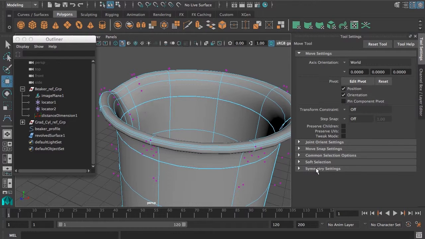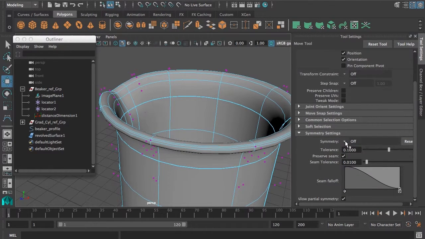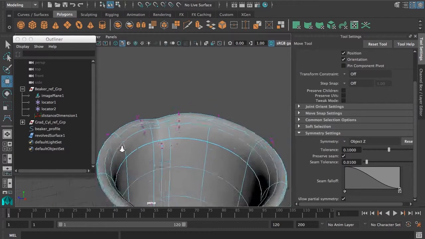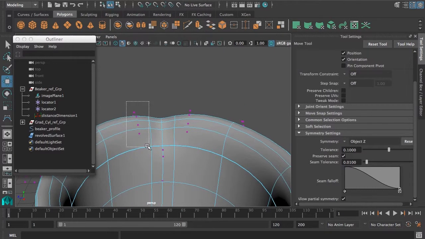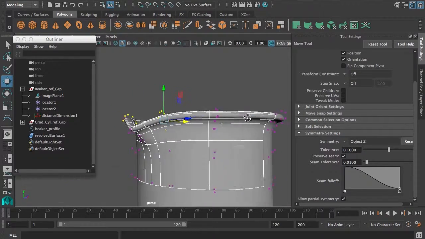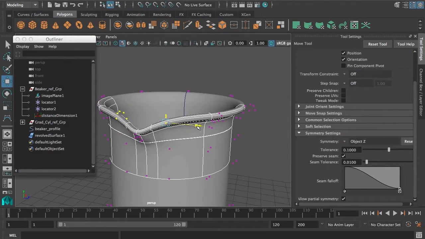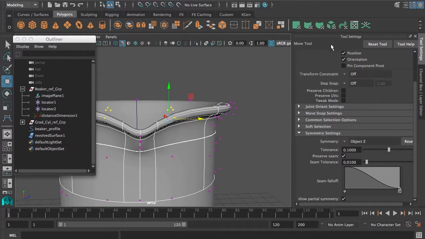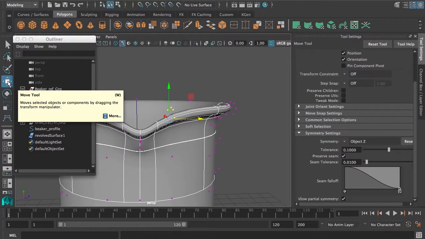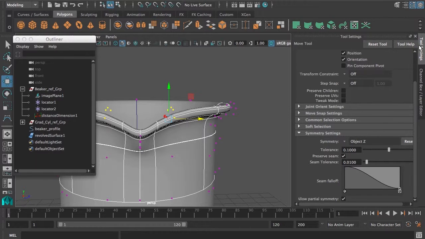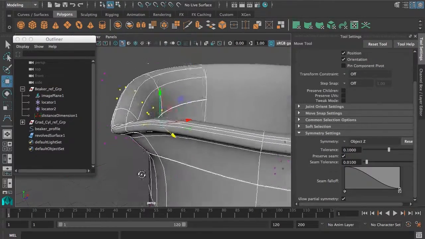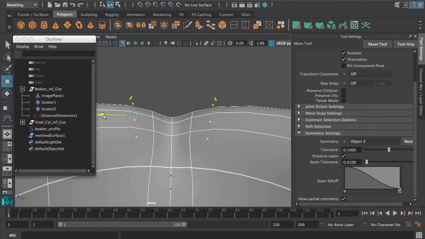tool, in our move settings we have symmetry, which is helpful in many scenarios. If we turn symmetry on, either in object Z or world Z, it's going to be symmetrical across this plane. Now when we select CVs, you can see that the ones on the other side get selected too. That's helpful for making symmetrical modifications. Again, that's in the Move Tool settings. If you don't see the Move Tool settings, you can double click on the Move Tool button over here, or make sure you click on the hammer icon up here. And down here under Symmetry Settings, we can either turn symmetry off or turn it on with the axis of our preference. I'm just going to move these in to tighten this up a little bit,